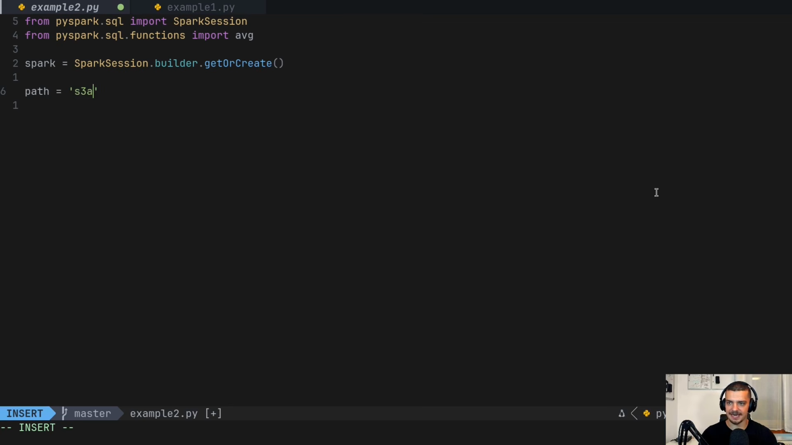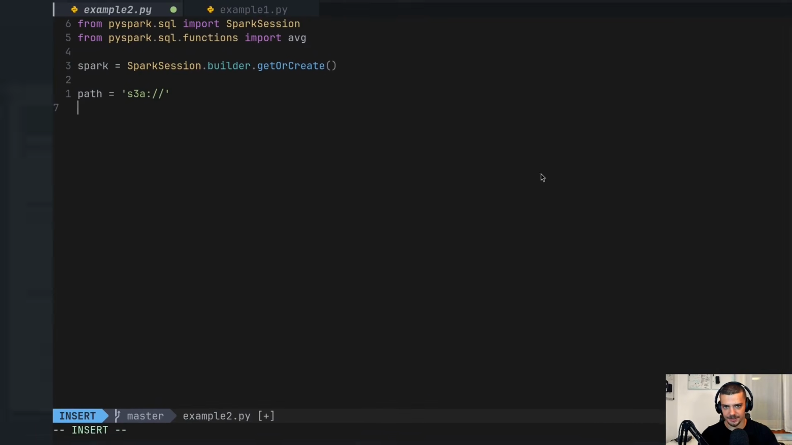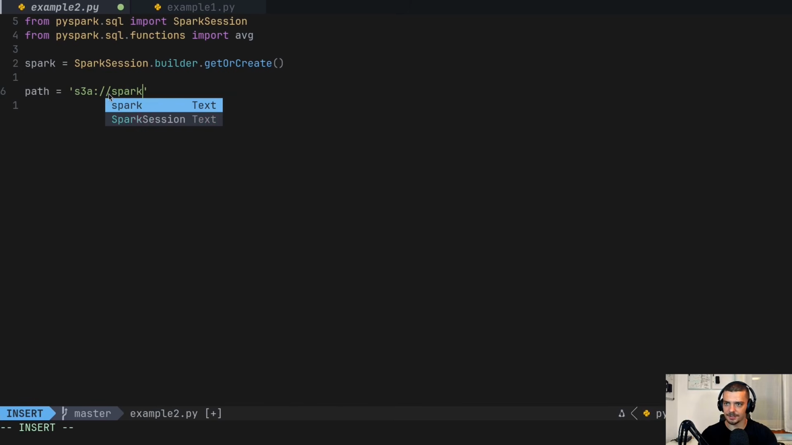So S3A, then colon slash slash, the name of the bucket, which I already forgot. It's Spark Neural 9 bucket. So Spark Neural 9 bucket. And then also, of course, /people.csv, the actual file here. And now instead of creating our own data set, we can say df is equal to